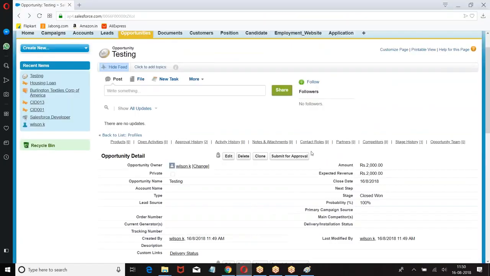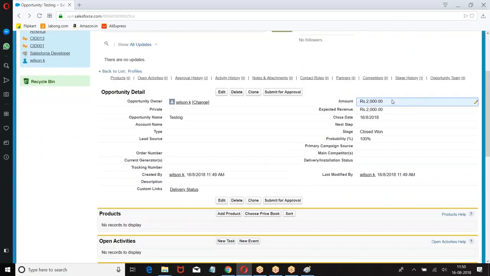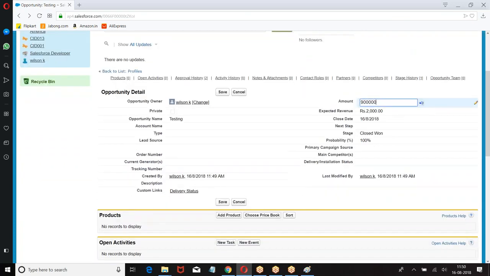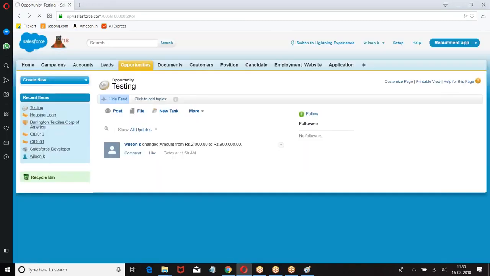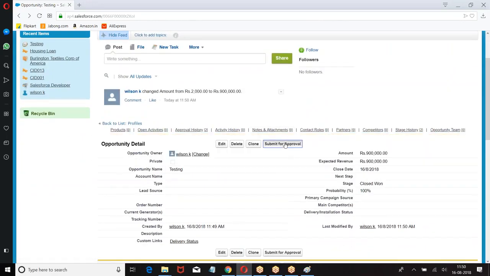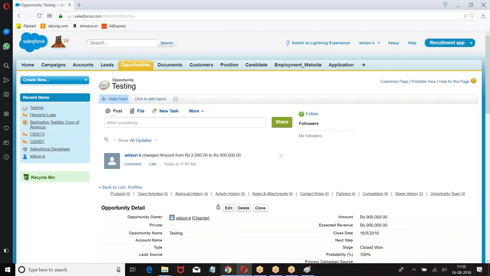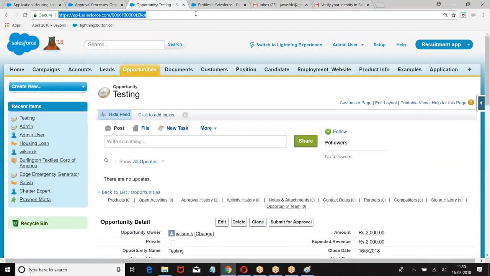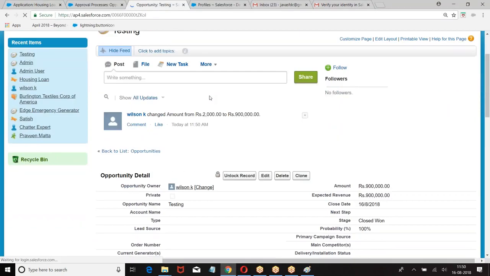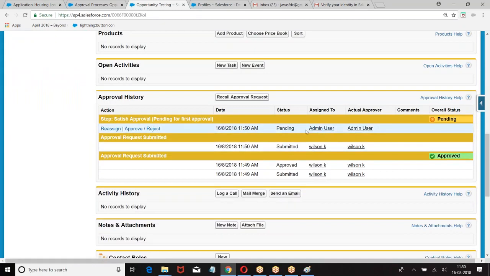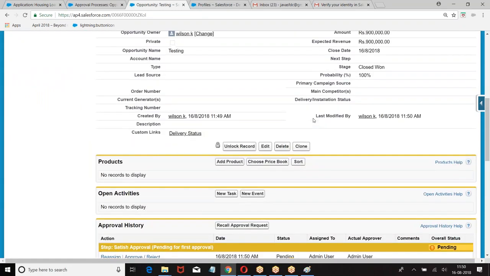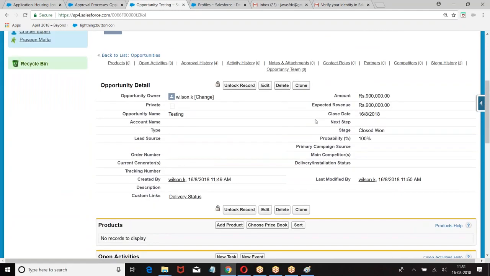Next, I told, if it is more than 2000, submit the record for approval. Look at this. Record is submitted to administrator for approval. Why? If amount is greater than 5,000, I told the record has to be submitted to the administrator for approval.